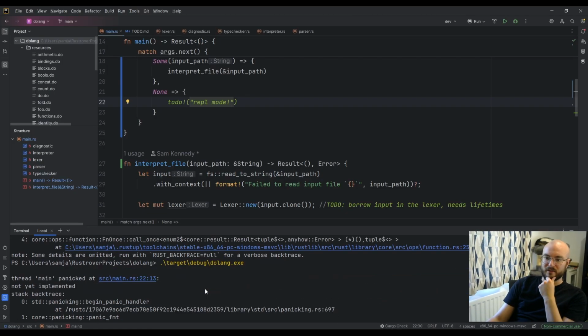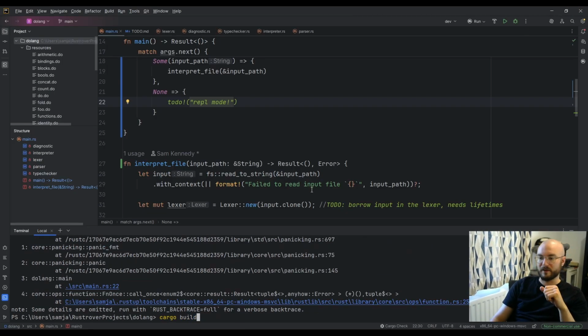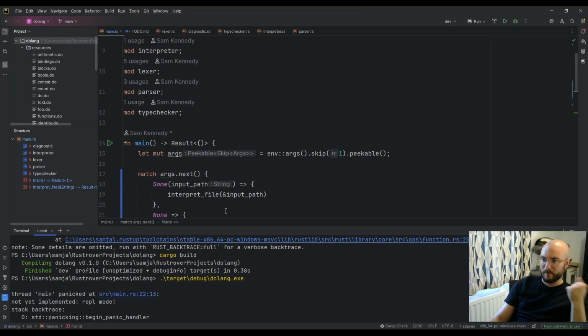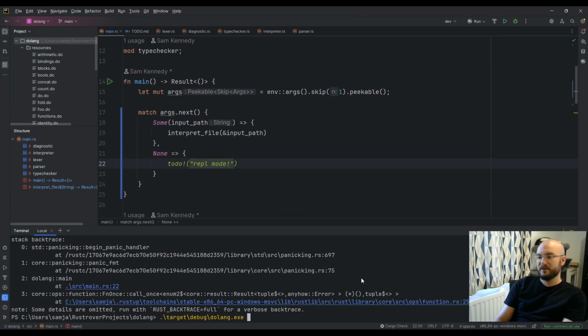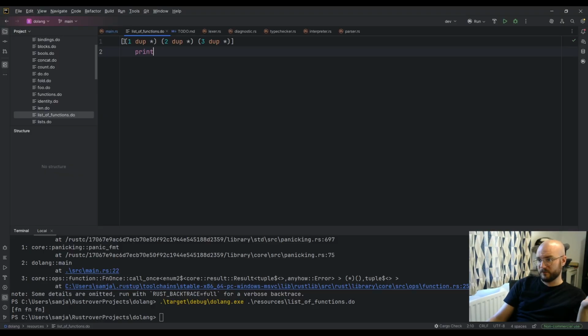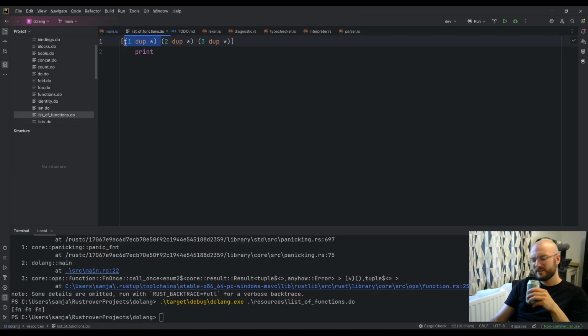Well, I have to rebuild it first. Not yet implemented, REPL mode. But if instead we say resources list of functions do, which is this silly one that just has a list of functions, and I print them, because there's not really much I can do with functions in lists.